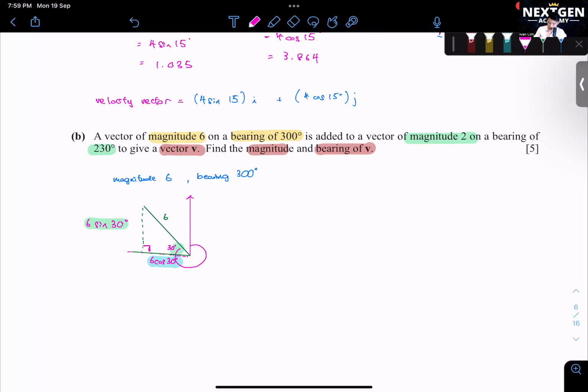Since this one is going to the left, I need to add a negative to the x direction. Because going north, south, east, west, this is the northwest direction. Okay, next statement, magnitude 2